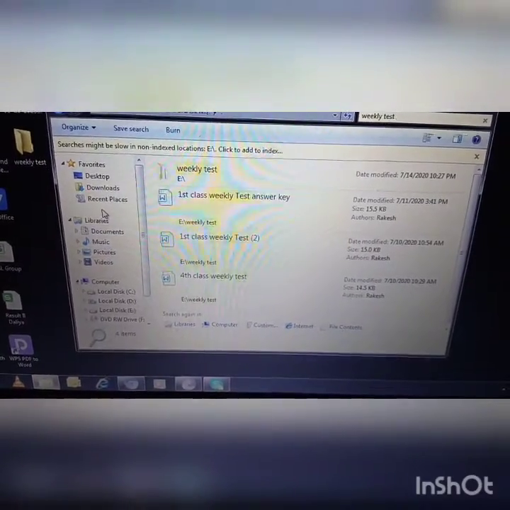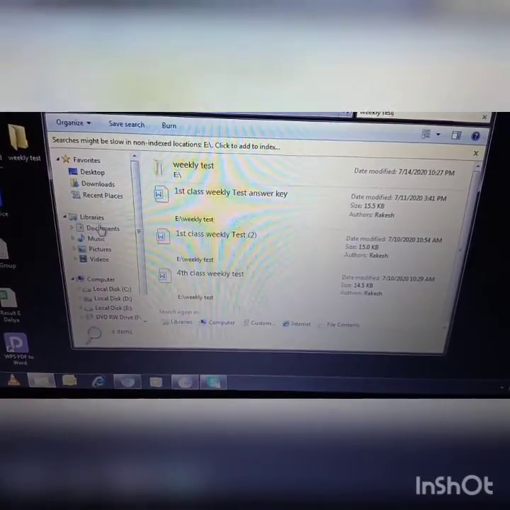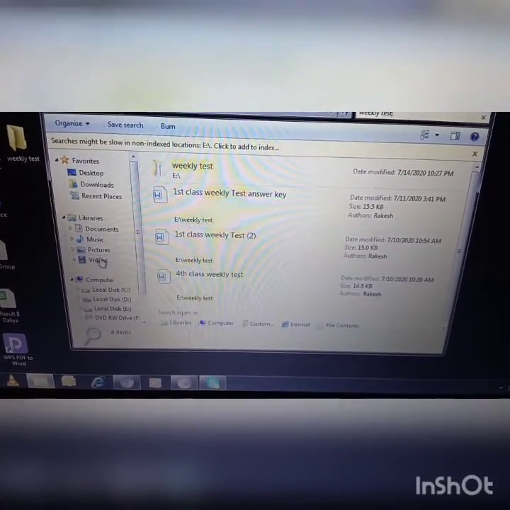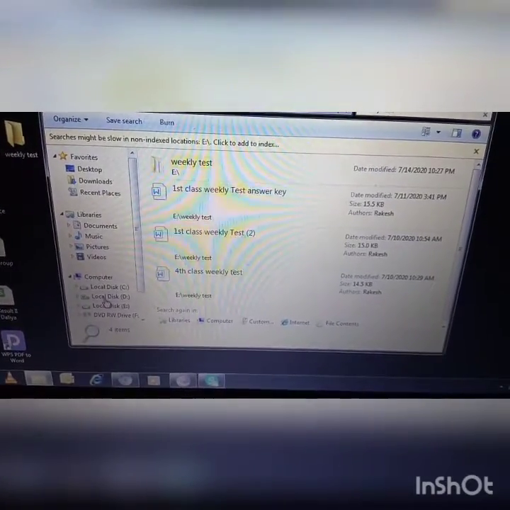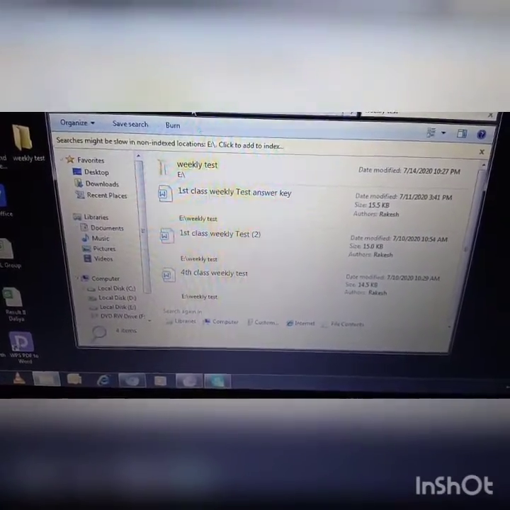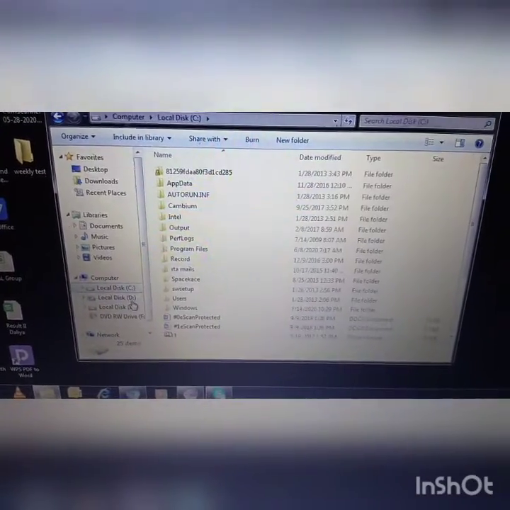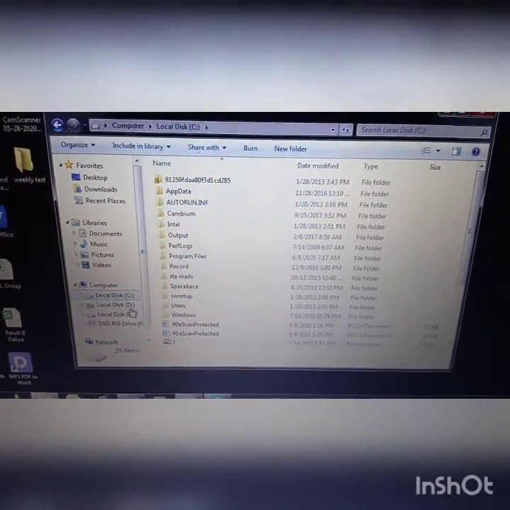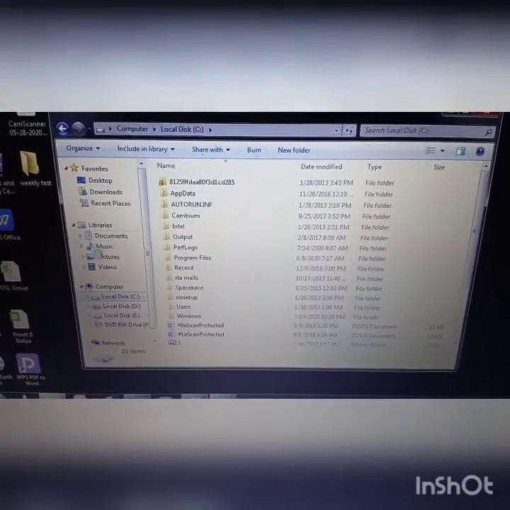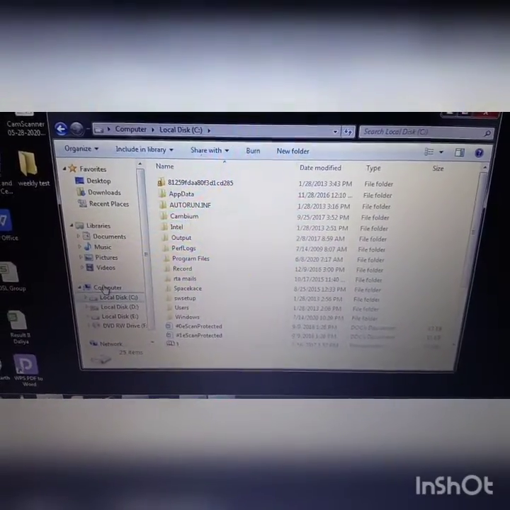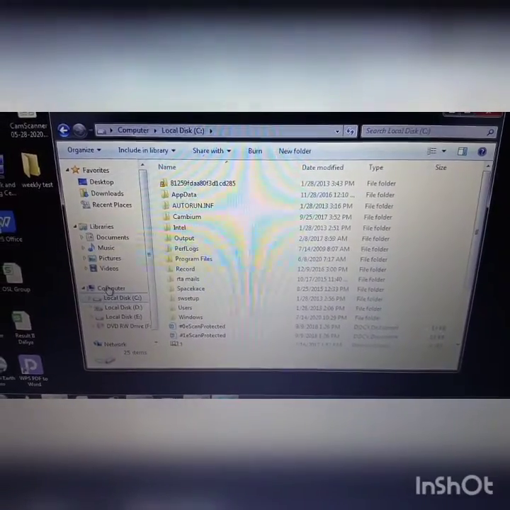You can see this desktop, downloads, recent places, libraries, documents, music, pictures, videos, local disk C, D, E. Suppose you are now in E drive and you want to go to C drive. You have to just click on C drive. You can easily move without closing the E drive. Here all things are arranged in a tree-like structure. You can move without closing one in other.